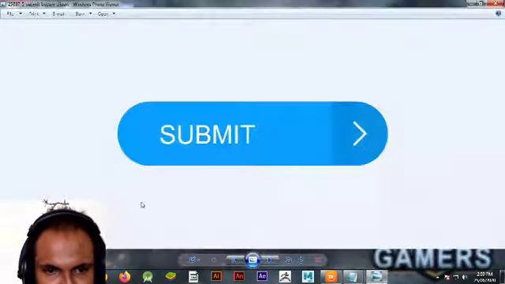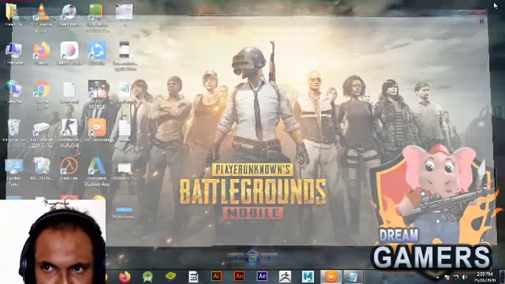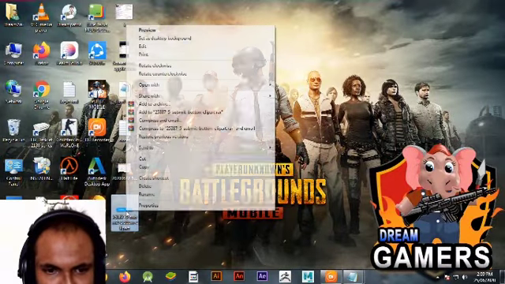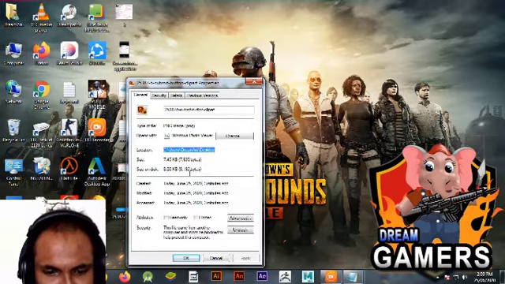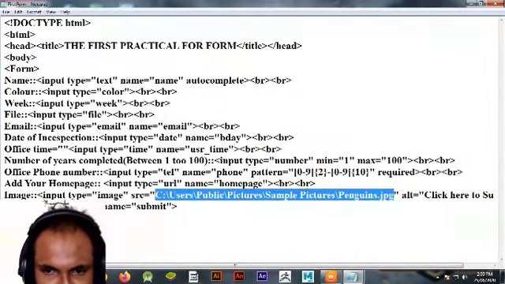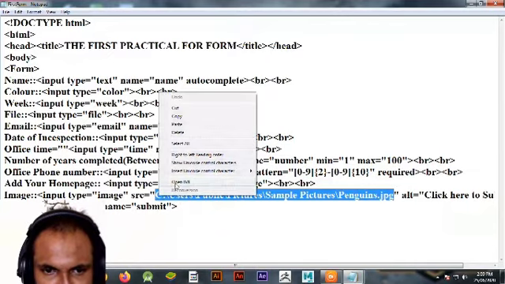You can see, if I open it, it looks like this. So I will now take its address. You have to go to the properties, copy this address, and just paste it over here.